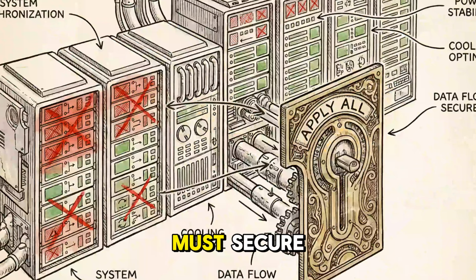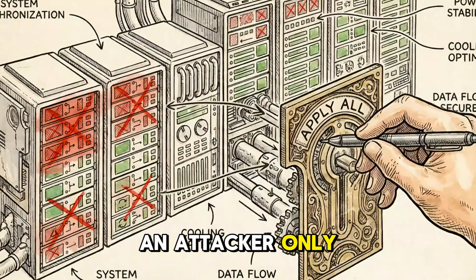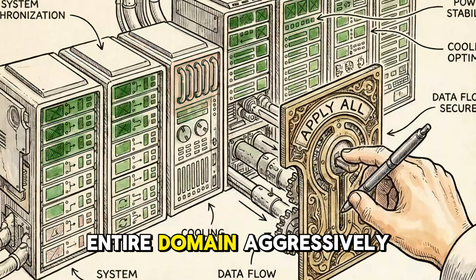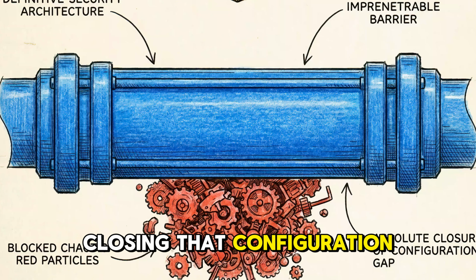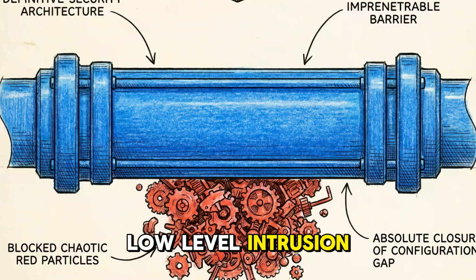An IT team must secure thousands of individual configurations perfectly. An attacker only needs to find one single error to own the entire domain. Aggressively closing that configuration gap is the only reliable way to stop an initial, low-level intrusion from ending